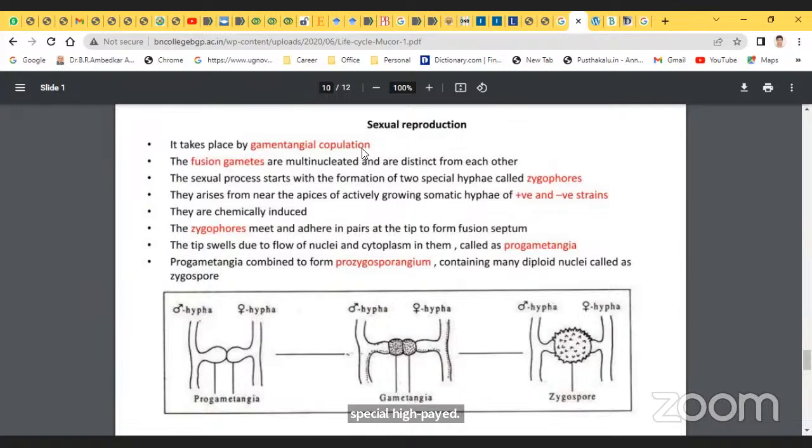They arise from near the apices of the actively growing somatic hyphae of positive and negative strains. They are chemically induced. The zygophores meet and